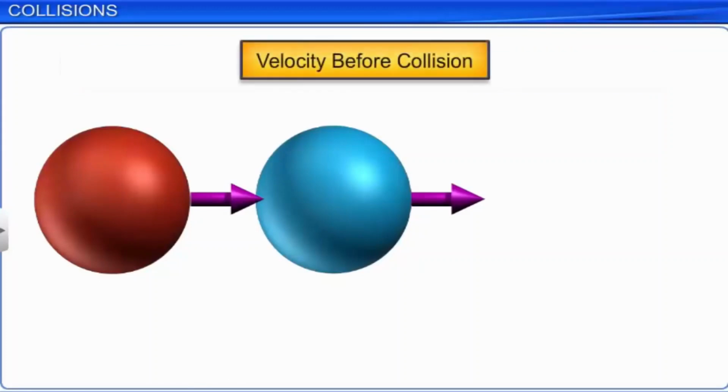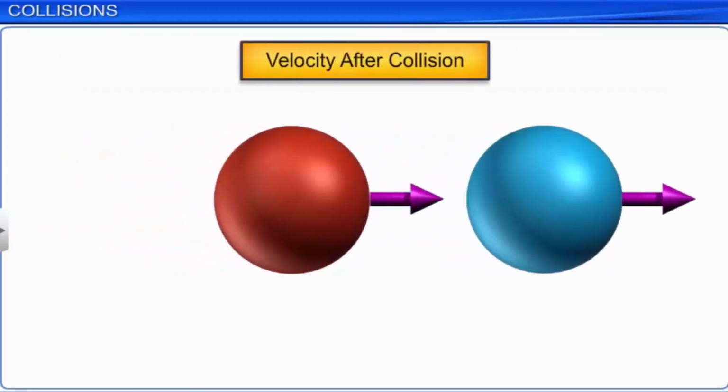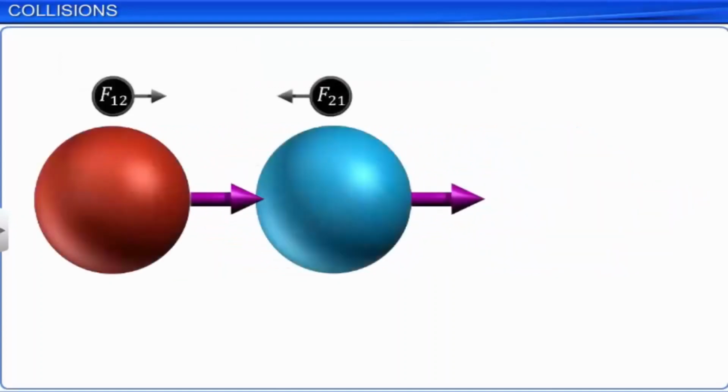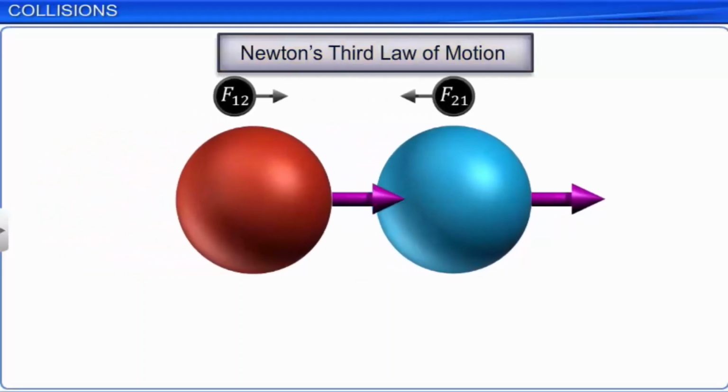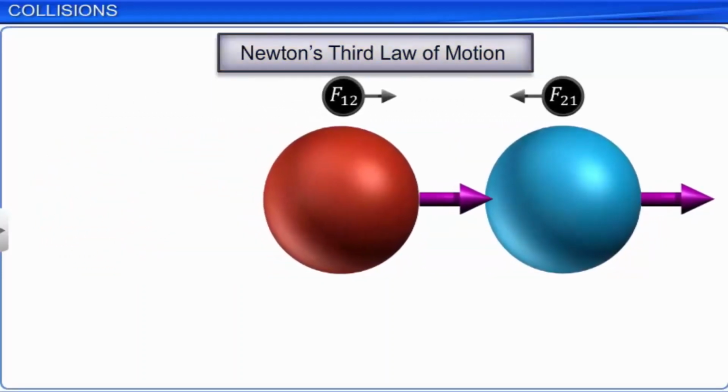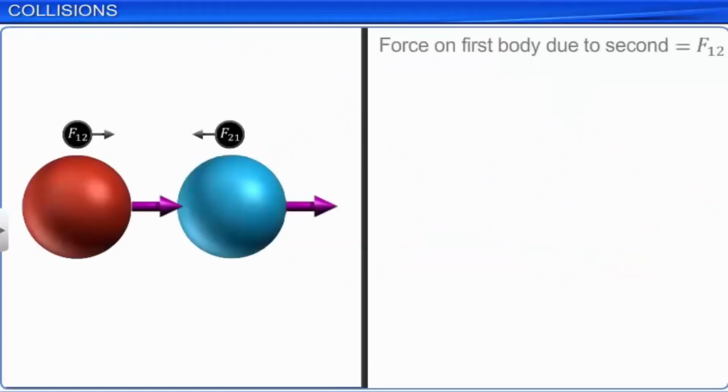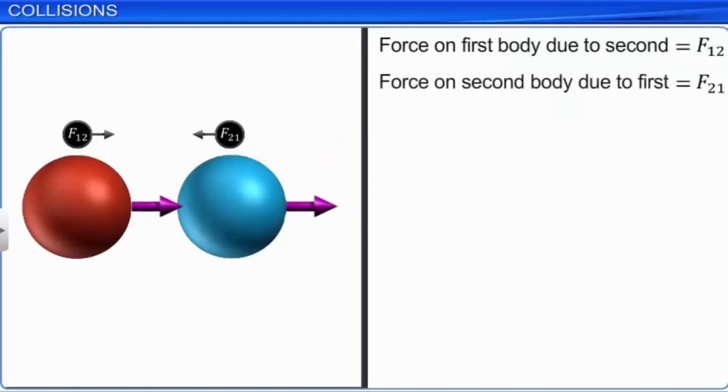If we consider a one-dimensional collision between two bodies, then from Newton's third law of motion, they experience equal and opposite forces, F12 and F21, on each other, such that F12 is the force on the first body due to the second, and F21 is the force on the second body due to the first, and F12 must be equal to minus F21. From Newton's second law of motion,